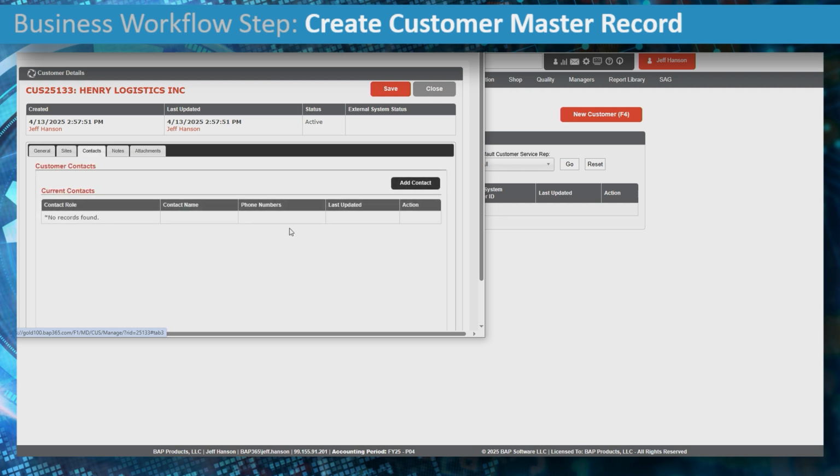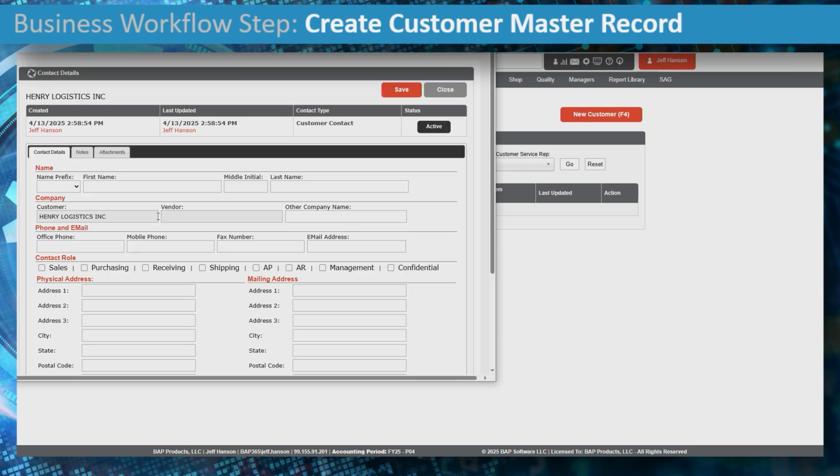Now the third tab is contacts. So contacts are important because you want to capture all the contacts you have with this customer, both for yourself to reference back, but also so that you can email or allow the system to communicate with this contact as well, directed by you. So I'm going to go ahead and add a contact, Henry